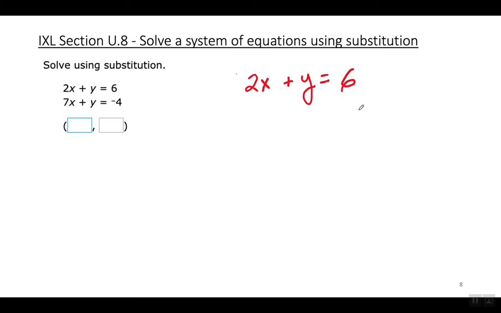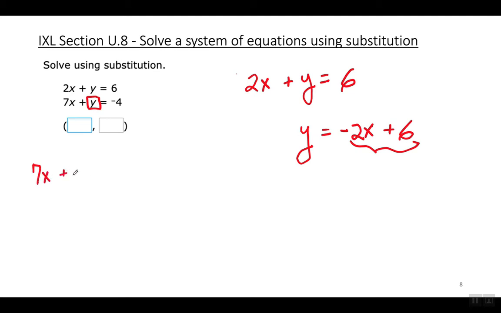So let's move 2x to the right. So y is going to equal negative 2x plus 6. Now I'm going to take that and substitute it in the bottom equation right here where this y is. So on the top I got y equals negative 2x plus 6, and now I'm going to plug that in right here. So it'll be 7x